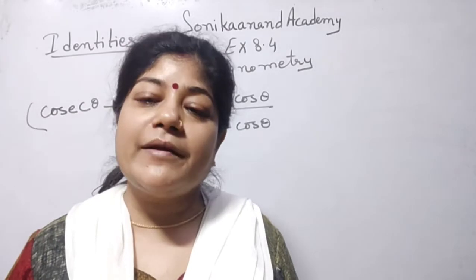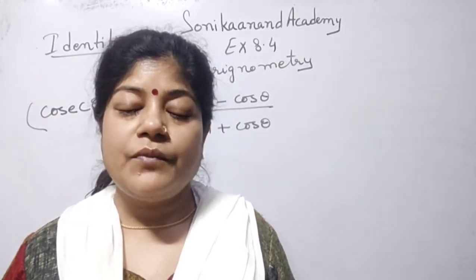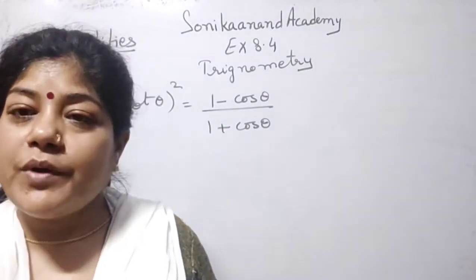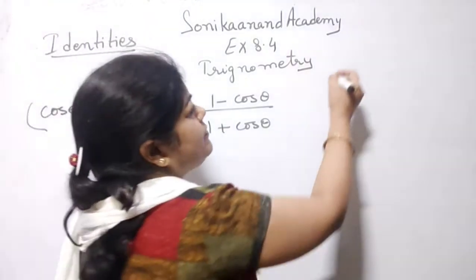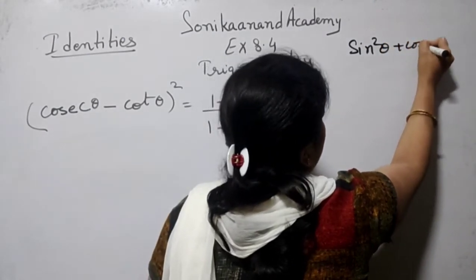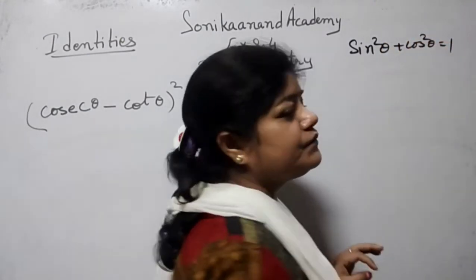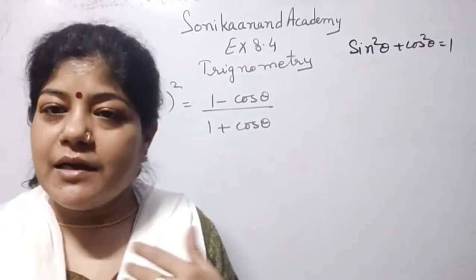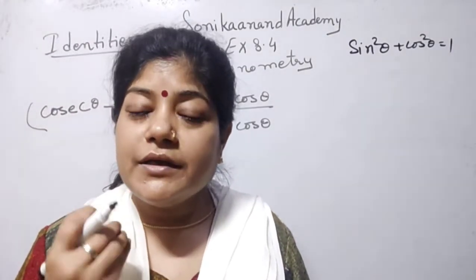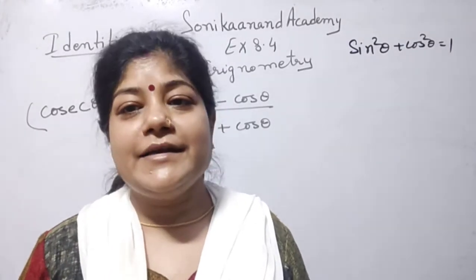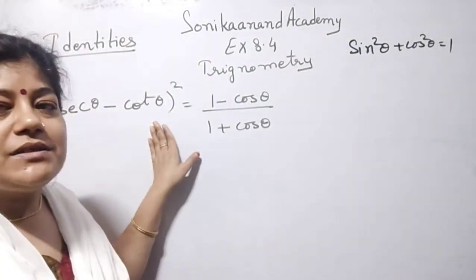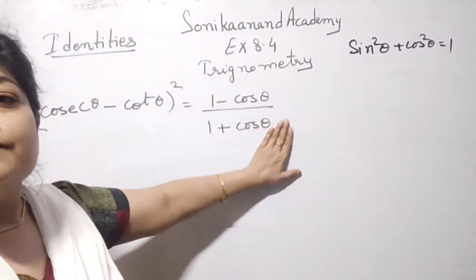is to convert all the trigonometric ratios given in your question into the form of cos theta and sin theta, because it's very easy to solve them. And just remember only one formula for that: sin square theta plus cos square theta is equal to 1. So the question may be a little bit long, but it is damn sure that you are able to prove that identity.